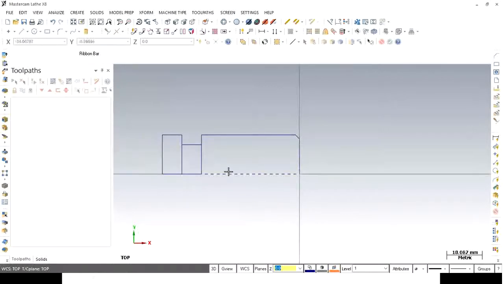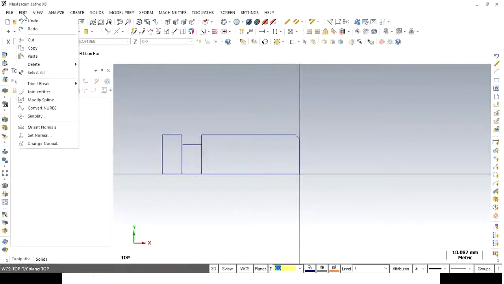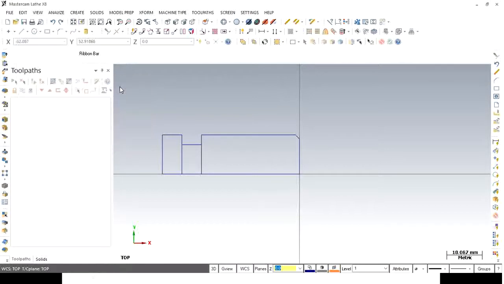Now we have to delete this extra point. Whatever single line is there, you can directly select it and delete. By using that, the line will get deleted. Now, if you again select it and delete, this whole line will get deleted. We don't want to delete the whole line. So undo it again with Control Z. We require to divide and delete it. So only this portion we require to delete. For this purpose, click on edit. There is one option, trim break. Select it, trim break extend.